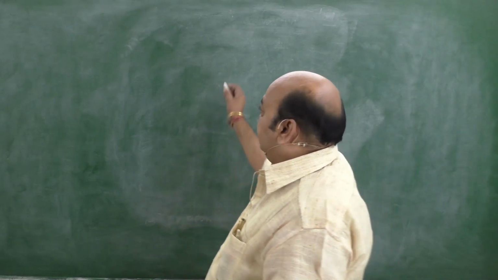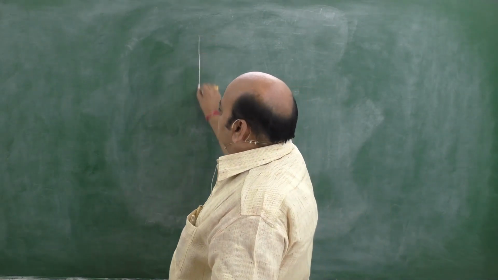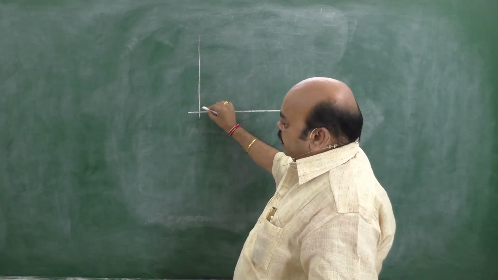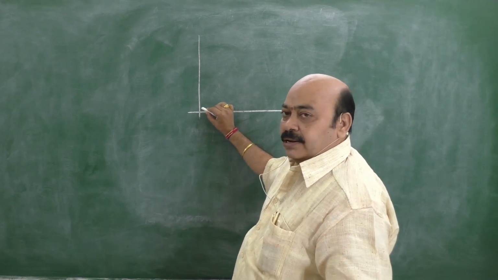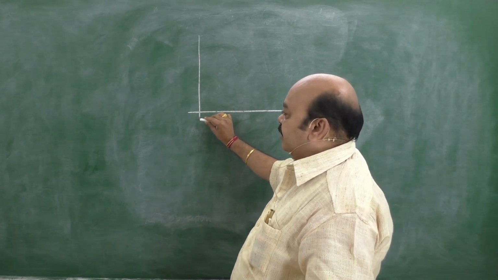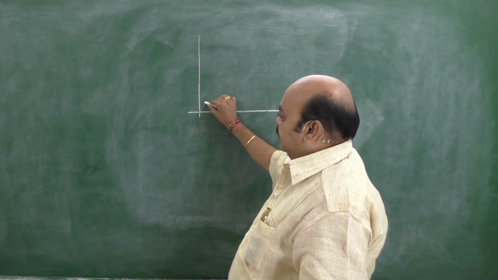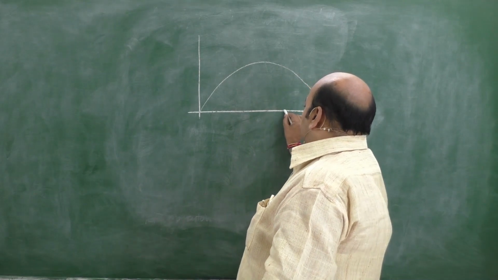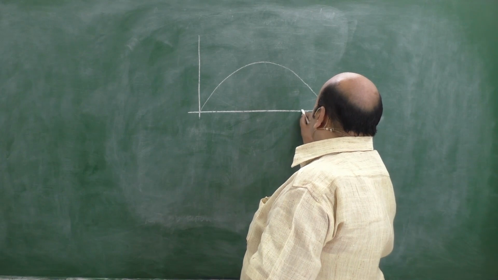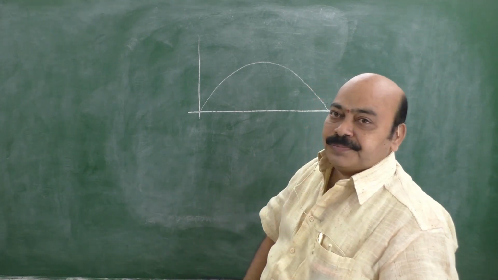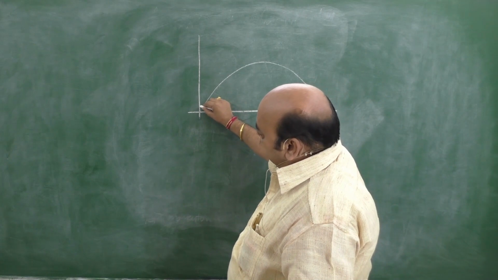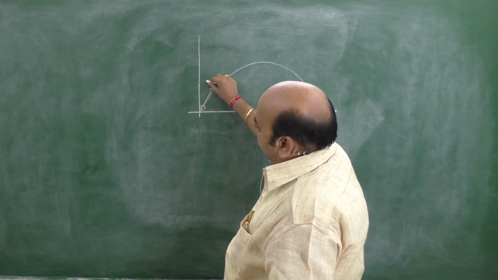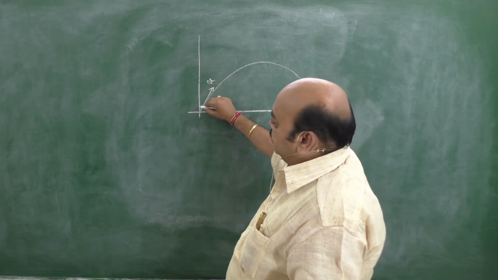We have a clear idea of what the path of the projectile is. It's a parabola. When a body is projected at a certain angle theta, where theta is other than 90 degrees, the body moves in this direction. This is called parabolic motion. Now see, this is the initial position of the body. Its velocity acts in this direction. Let u be the velocity of this particle and m be the mass of this particle.